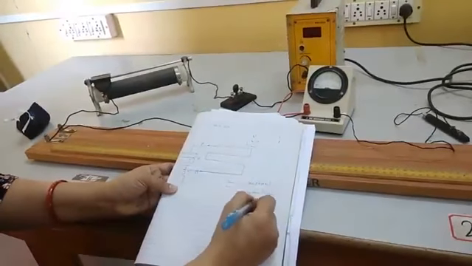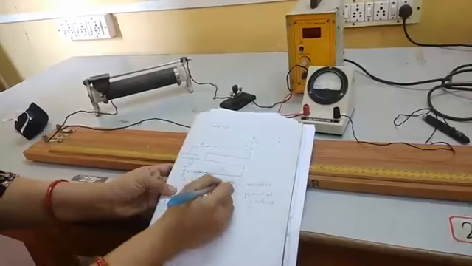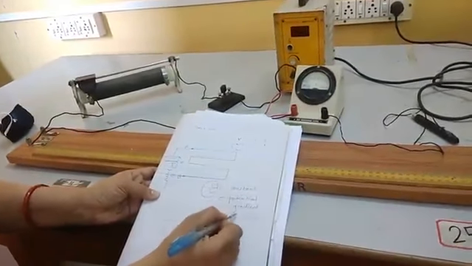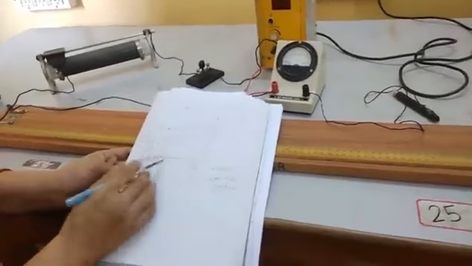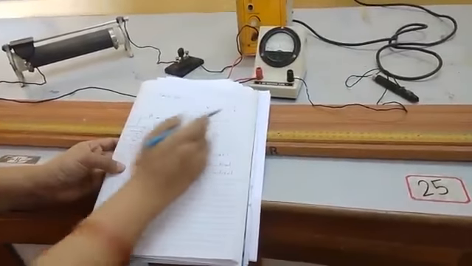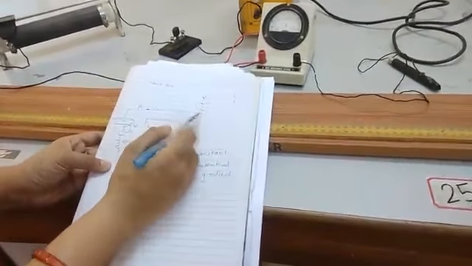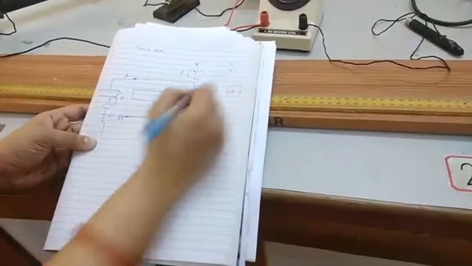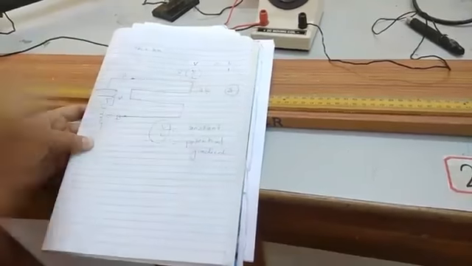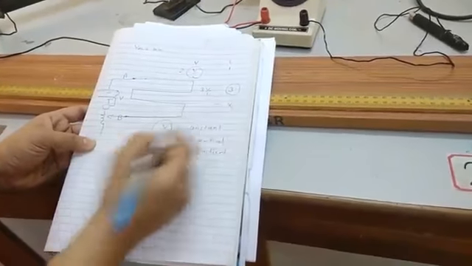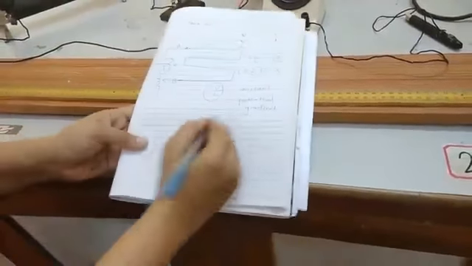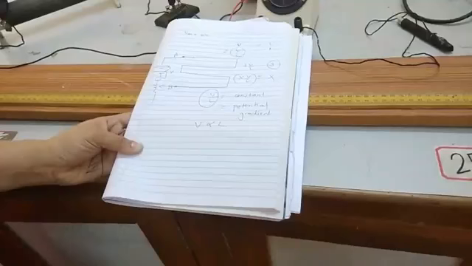This is called the potential gradient. Now we have to find in this activity V upon L, which should come constant, that is potential gradient. This is the drop in potential across the length L. At 1 unit how much drop happened? V upon L. At 2 units how much drop will there be? 2 into V upon L. If I say 3 units, there will be a drop in the potential of 3 into V upon L. So like this, if I take X length, what will be the potential drop? It will be X times V upon L. So there is a direct relation between V and L.